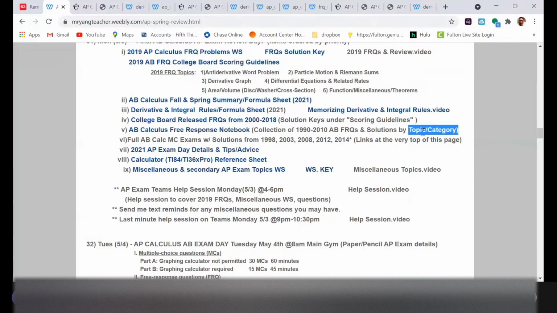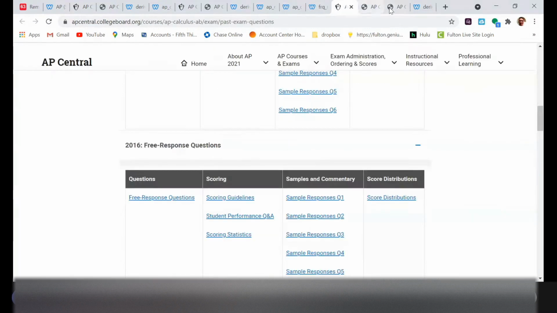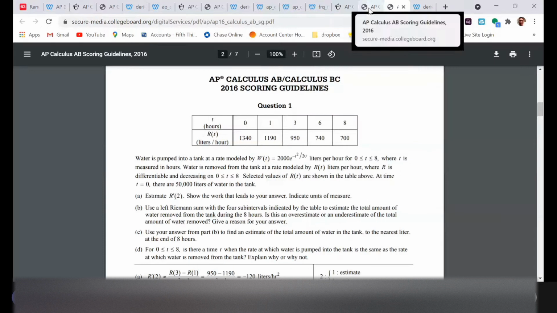They put all the area and volume problems together, and they placed all the differential equations together. So if you want some extra practice with area and volume and want to see more of those problems, you can click on this link and it'll take you to